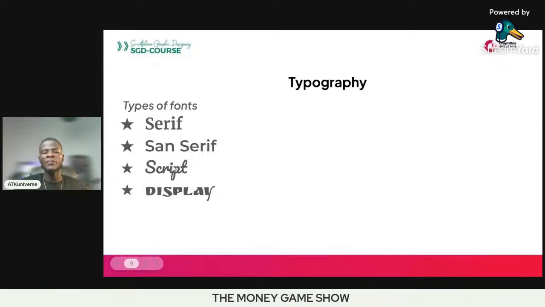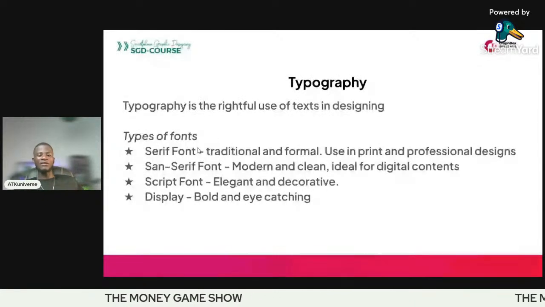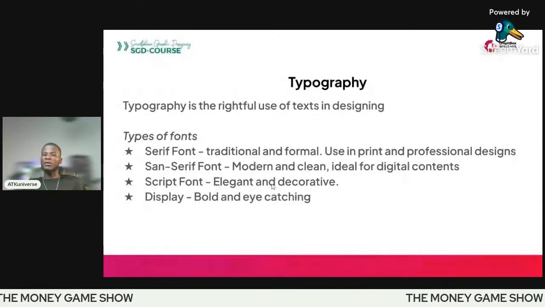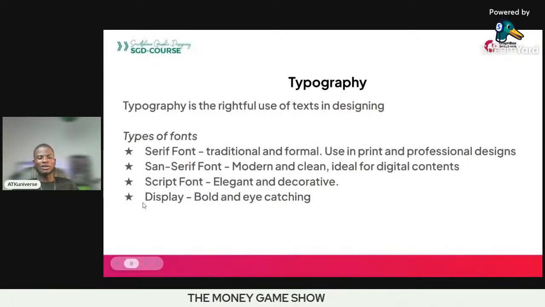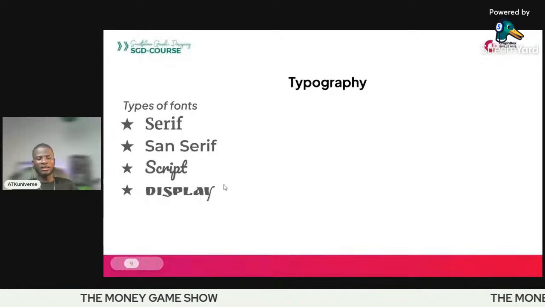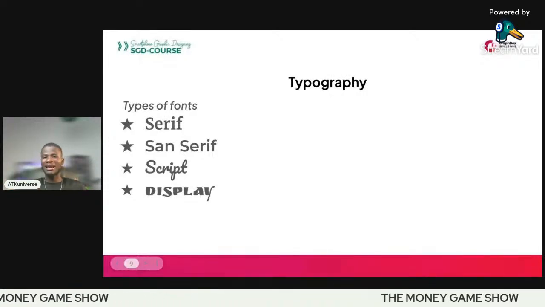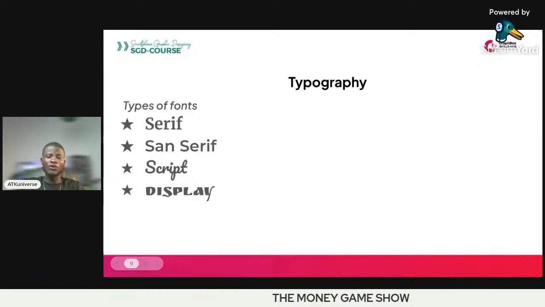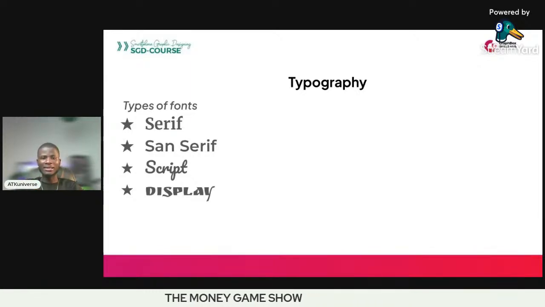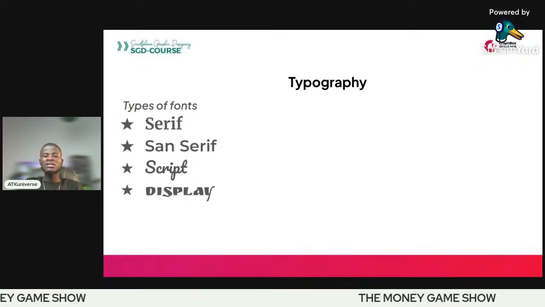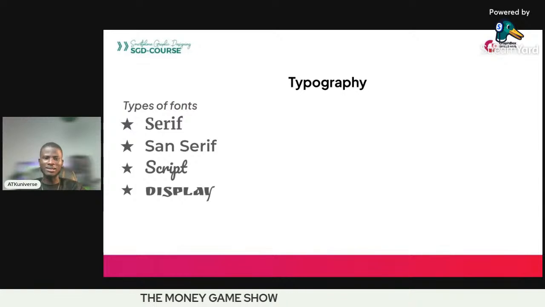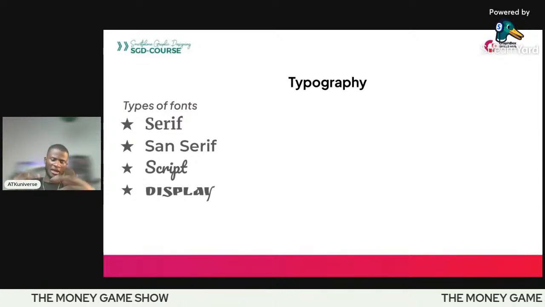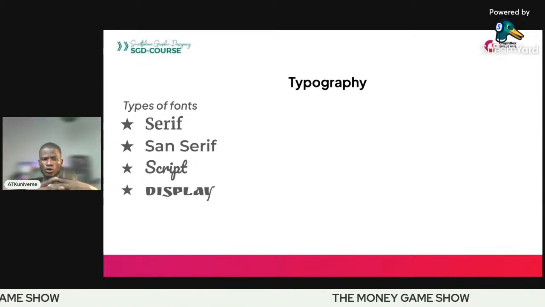We have different types. And these are the script fonts, which are mostly for decoration, right? Decoration, we use that. And for bold and eye-catchy designs too, we use display fonts, right? So you can see something like this. I mean, the letter is designed in a way. Sometimes if you go to primary schools, some of them use fonts which look like pencils. Some look like a snake bent to form an S, and a whole lot, right? So those are all display fonts,